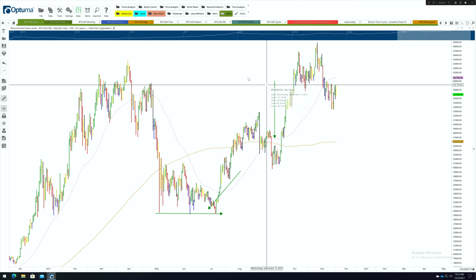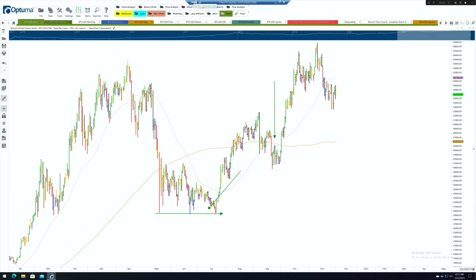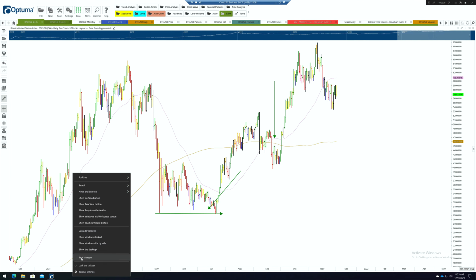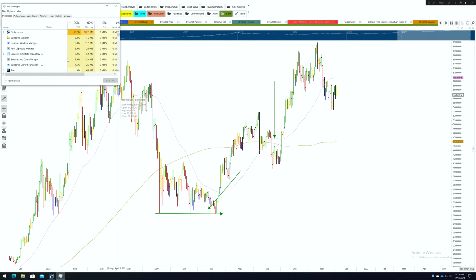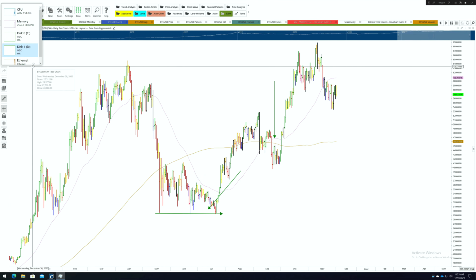Now, if you want to go into getting a cloud PC, before we jump into the charts, for those of you who are interested in this kind of information, you just want to search on Google for Windows 365 and then cloud PCs, and you'll get the prices. I'm paying about $55 a month for this one. It's got 2 virtual cores, 4 gigabytes of RAM, 128 gigabytes of memory, and I'll take a look at the performance at the moment just so you can see what we're running at.